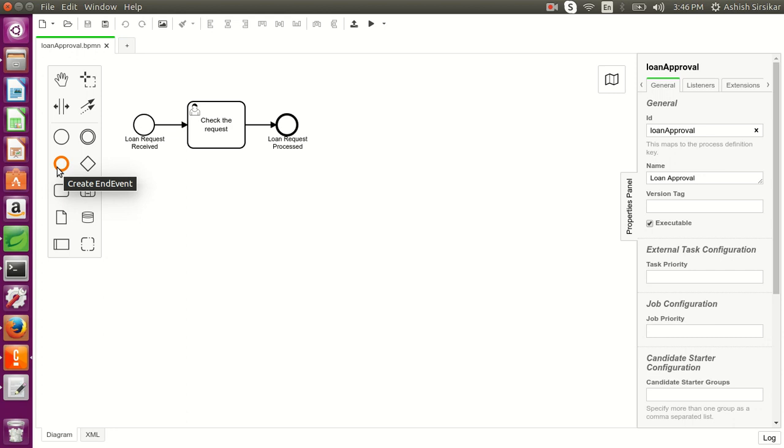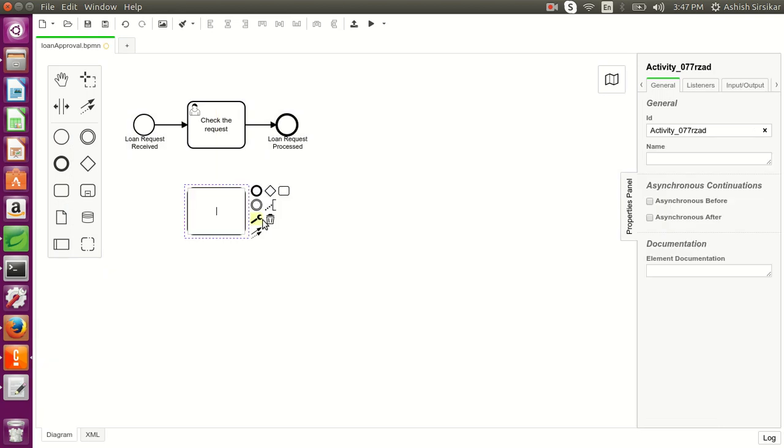Now we have these many components here. This is a basic example, so we are using just a simple task here. First I have put the start event and end event, and in between I have put this create task. I have done it this way, and you can do it this way as well.